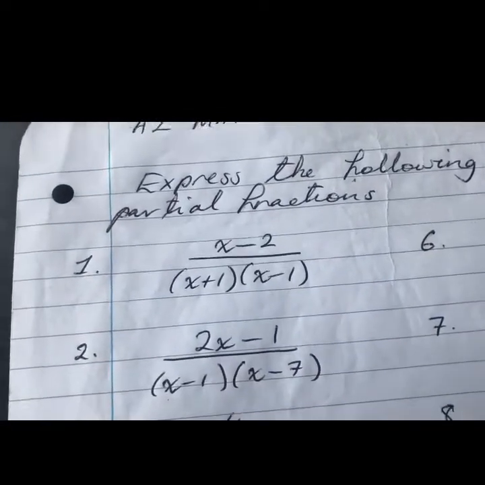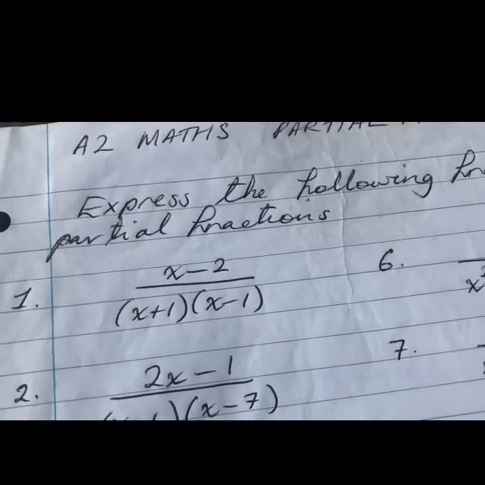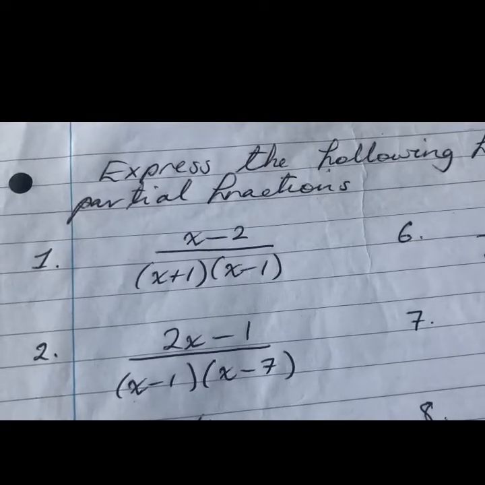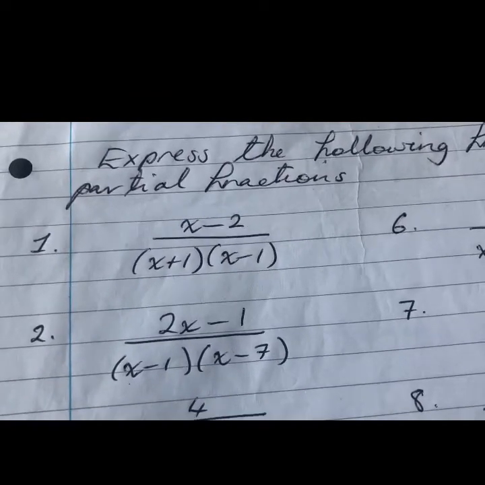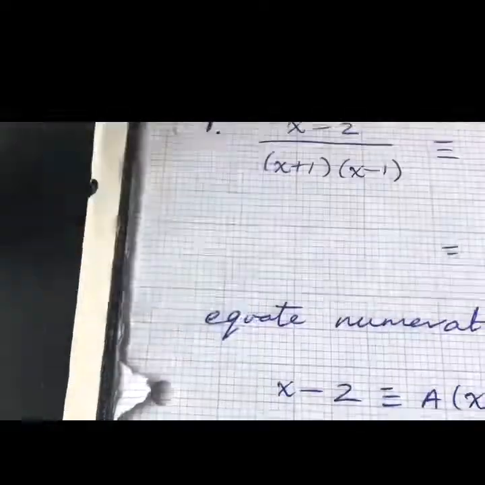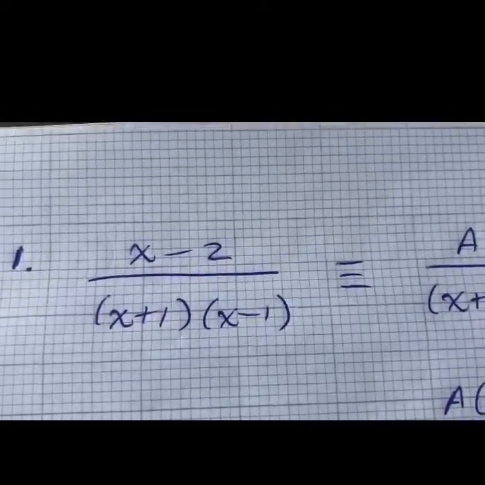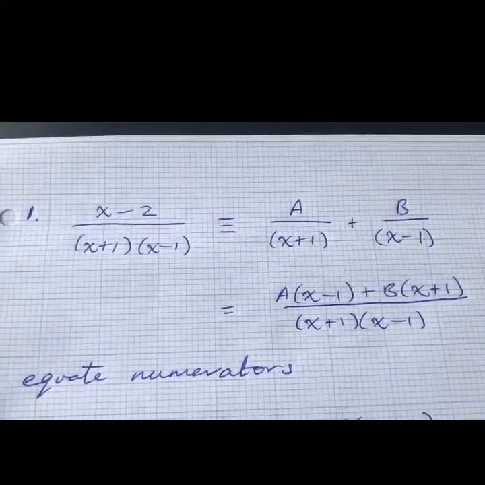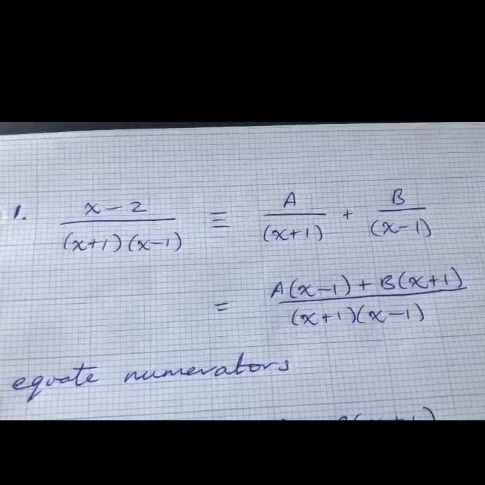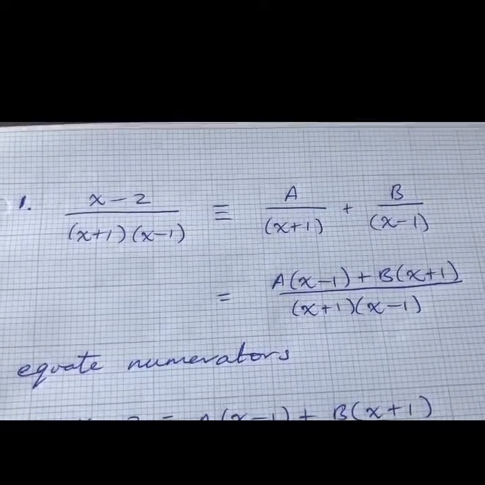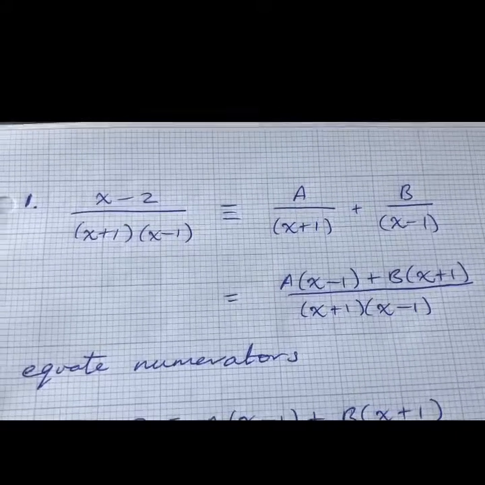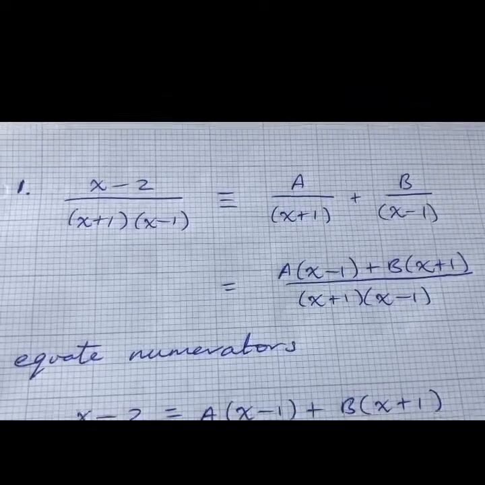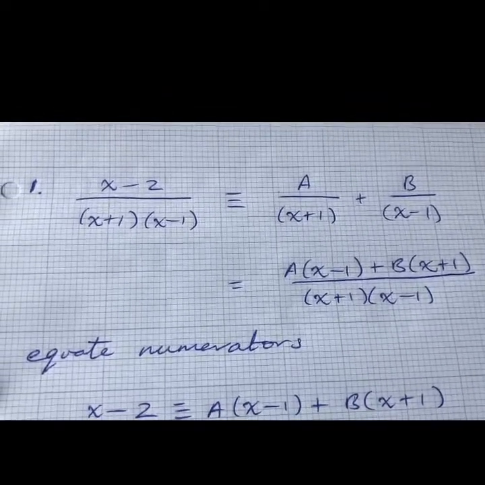Now what we're going to do is go the reverse direction and separate that out into the two fractions that we'd add to give it. Now how do we do that? So here it is again. I've written it out. The first thing to do is write the form or the template of the answer. Given that our denominator is x plus 1 times x minus 1, it's going to come from some sum of the form a over x plus 1 plus b over x minus 1,